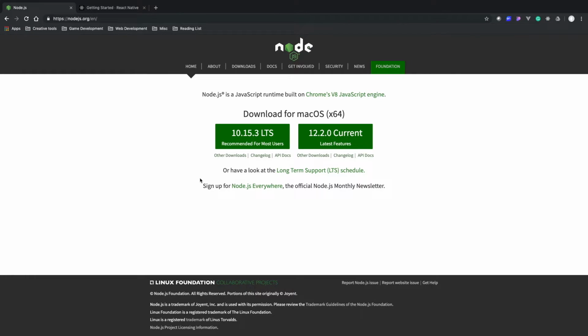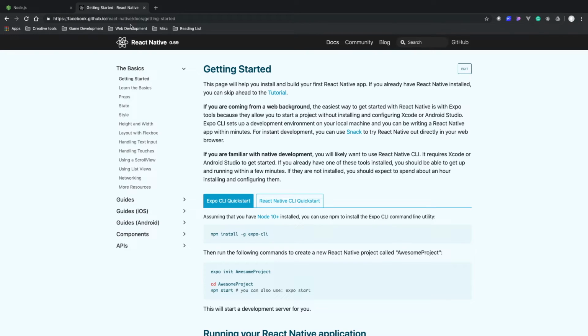So first thing you need is Node.js installed, roughly 10 plus. 10.15.3 is the latest of this. This version will do perfectly. Basically what we need from Node is its package manager, the Node package manager. So if we go over to React Native,